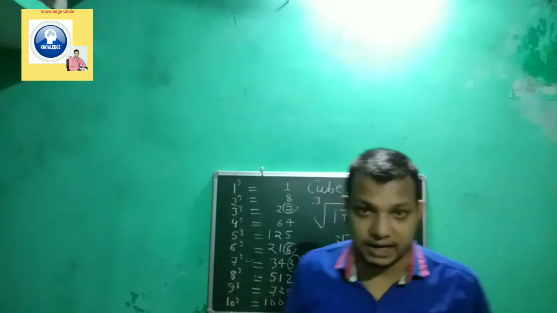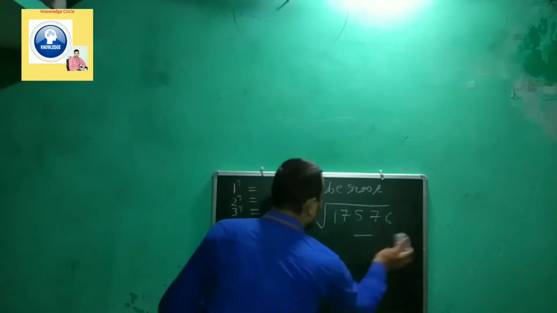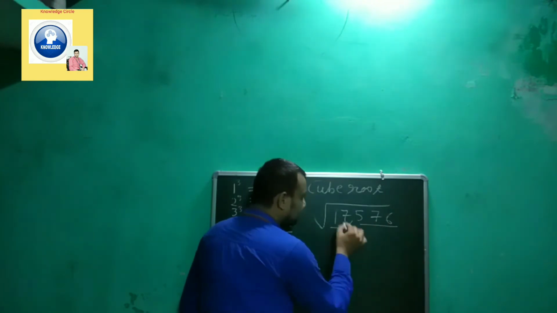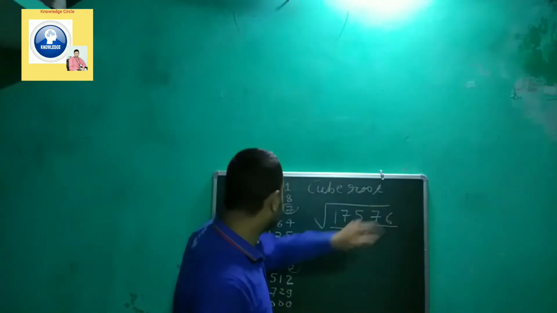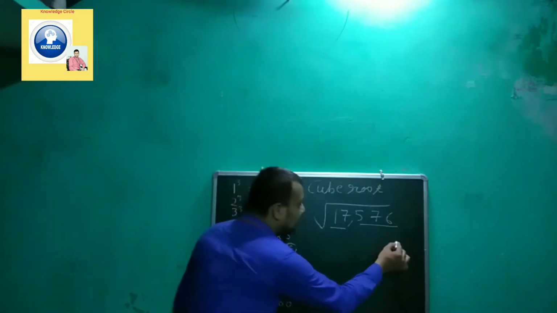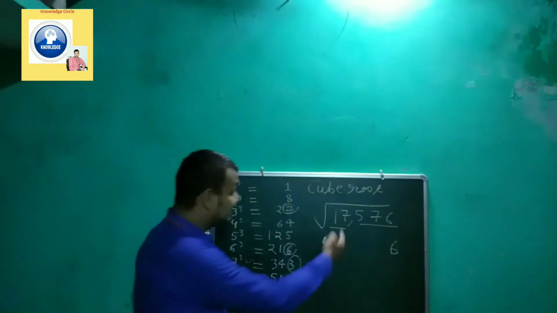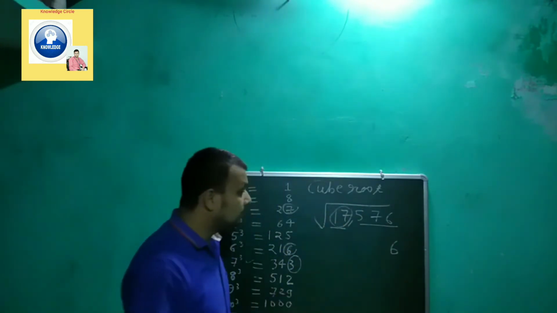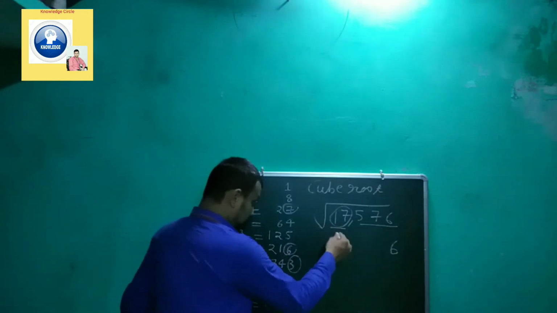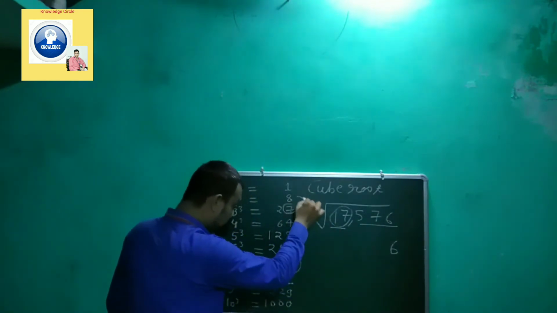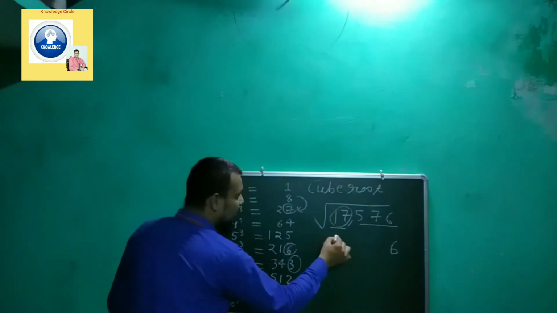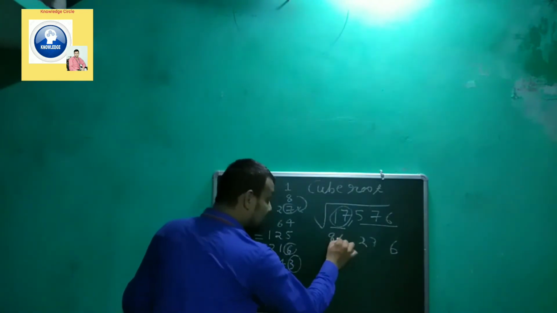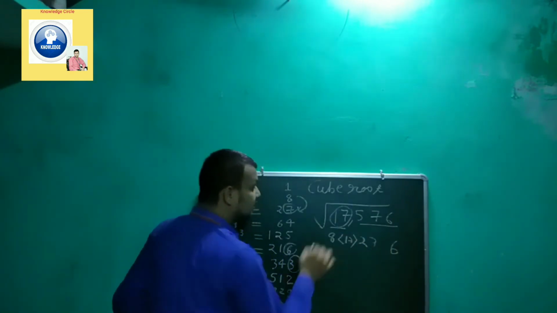So let's start. Let's have a question in front of you all. Let's divide it into two parts. What is the unit digit of it? 6. It means the cube root will also end in 6. Second part, that is 17. What to do with 17? 17 comes between two cube numbers, 8 and 27. It is greater than 8 and lesser than 27.